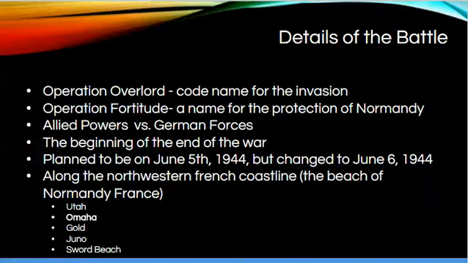Operation Overlord was the code name for the entire invasion. However, Operation Fortitude was the code name for the protection of Normandy. We will explain this later. The battle between the Allied forces and the German forces was located near the northwestern French coastline of Normandy, France. Along the coastline of Normandy,